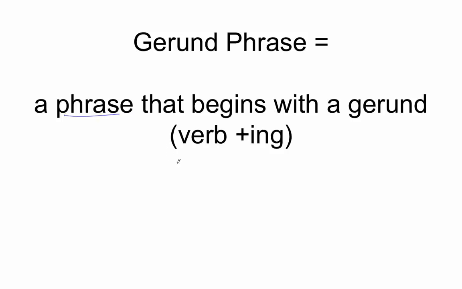So let me give you an example. So let's use the verb talk plus ing, talking. Now, talking can be used as a present participle when it is used like an adjective, meaning it's used to describe a subject. For example, you would say, talking to his mom, comma, the boy thought of ways to leave the room.